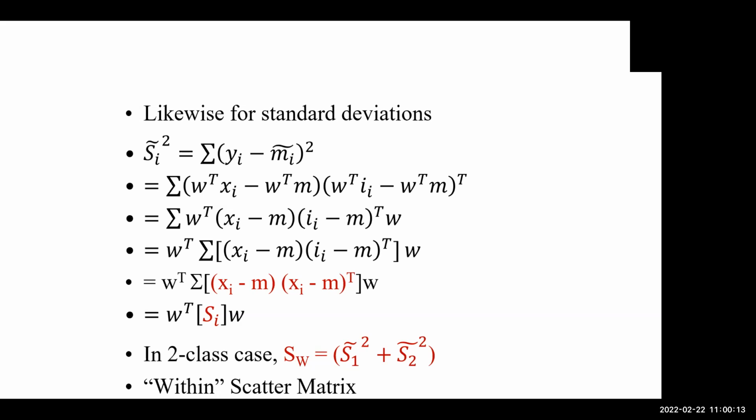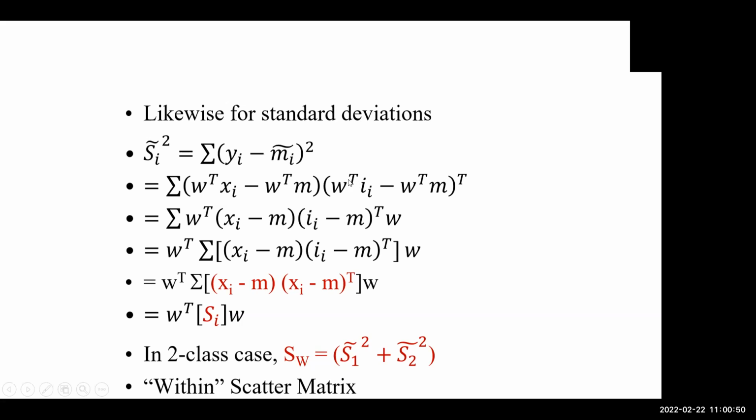So our standard deviation for our projected points: take your point, subtract the mean, square it, add, add, add, add, add. You've done this before. I know you've done this before. We're just skipping the divided by n. Okay, that yi is a projection of our original points x. And that mean estimate is a projection of our non-projected means. That squared,